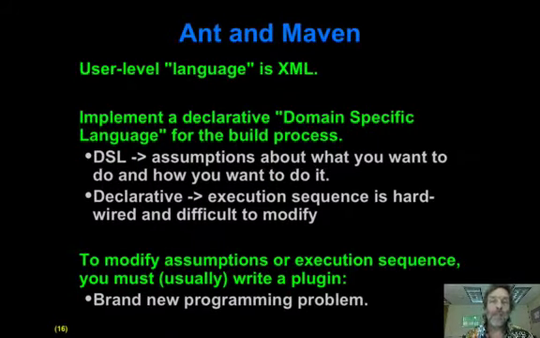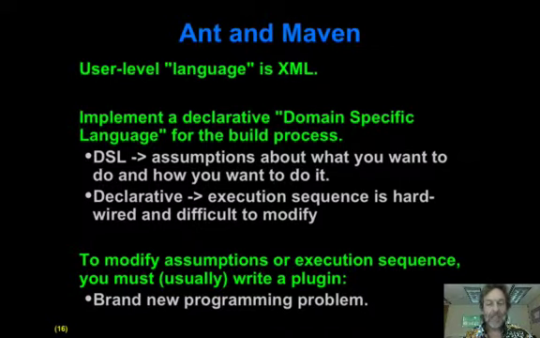So I want to call out that the user level language for both Ant and Maven is XML. XML is not really a very human-friendly language, and it doesn't have control structures or anything like that. So it's a language in air quotes there. But the more fundamental idea is that we're specifying a declarative, and by declarative I mean we specify what we do, not how we're going to get it done, domain-specific language, where these targets, the Ant tasks, have specific predefined primitives that you can use